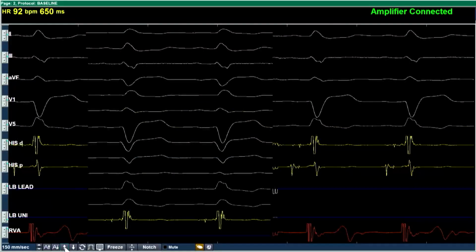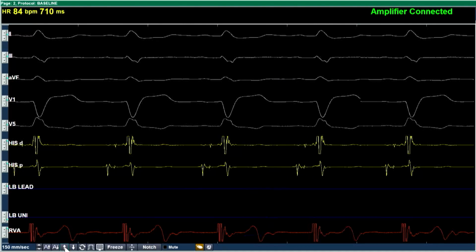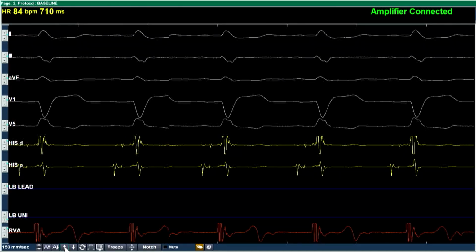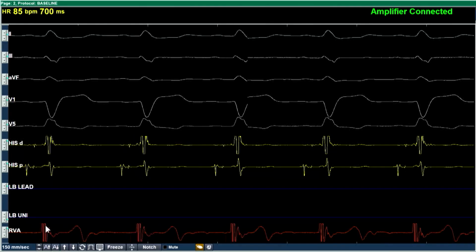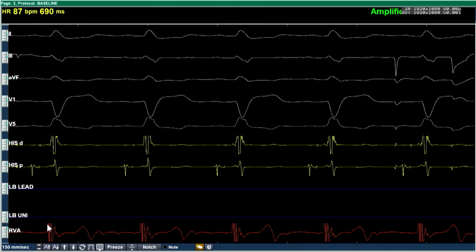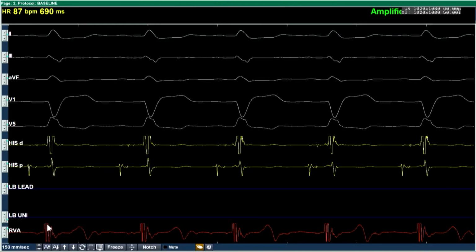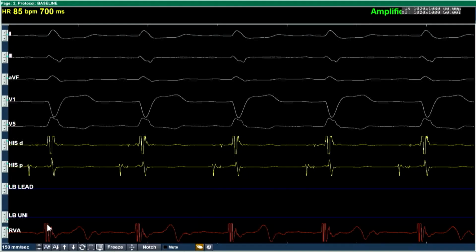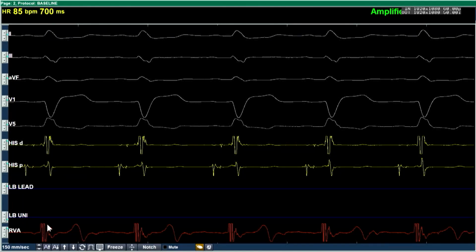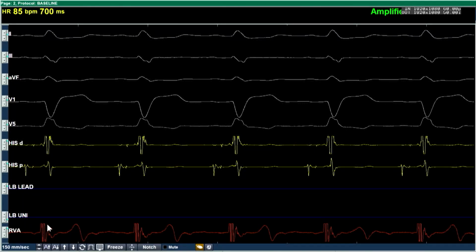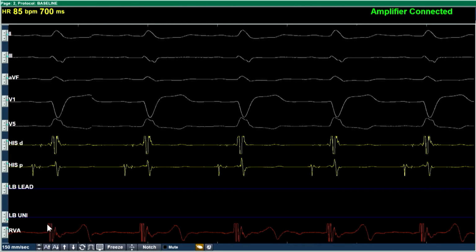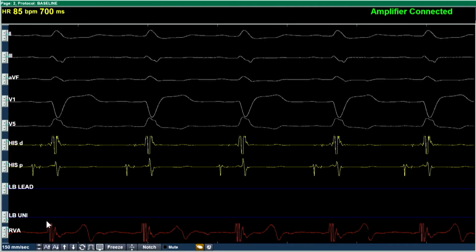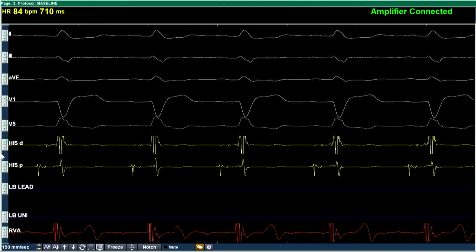Yeah, so there are few important leads which we have to have on the screen while doing the procedures. Though the whole 12 lead is very important, lead 1, lead 2, lead V1, and lead V5. These three leads are very important to have while doing conduction system pacing, the importance of which I'll discuss during the implantation. And then comes your His bundle electrogram. So we'll have this distal His and proximal His from the quadripolar catheter from the groin.